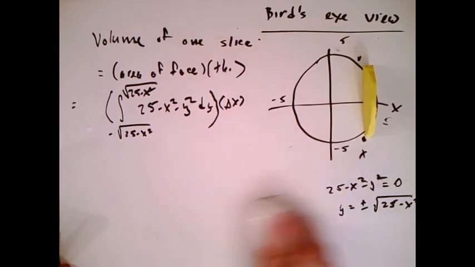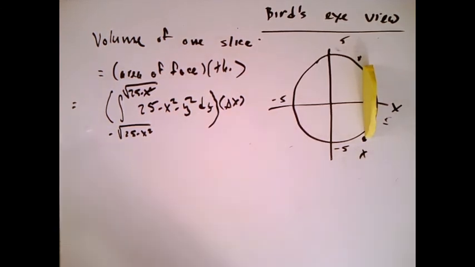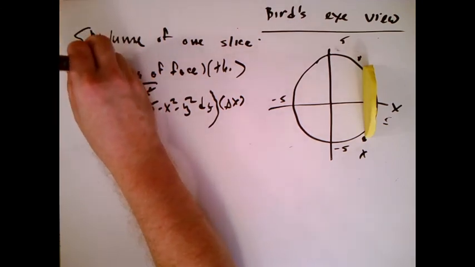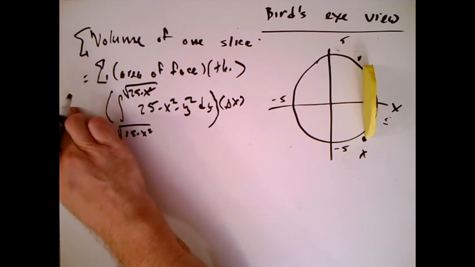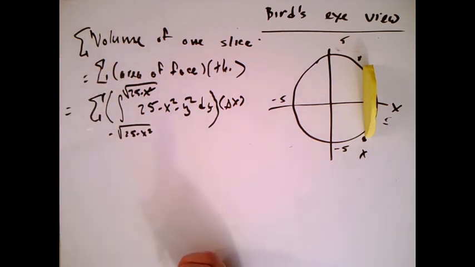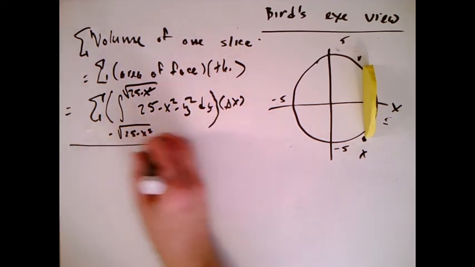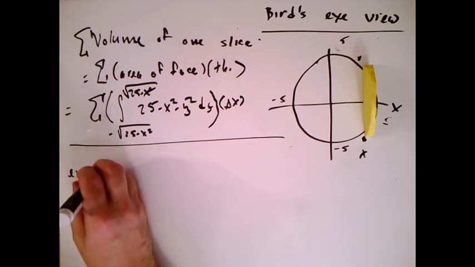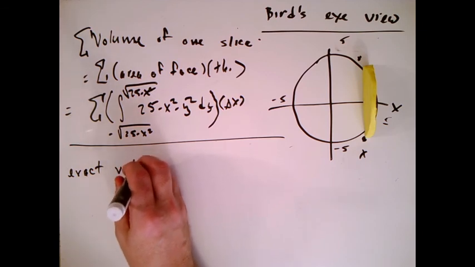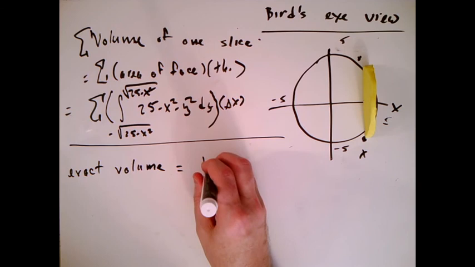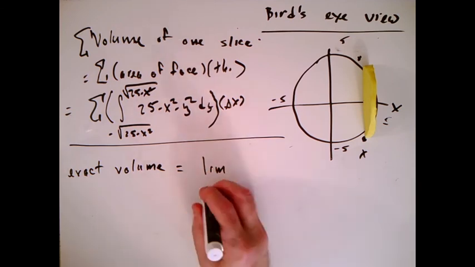We can do better than the volume of one slice. We can add them all up. So I'm going to add them all up, which will give us an estimate of the volume. I can make that estimate better by making delta x smaller. We can get the exact volume by taking the limit. And I'll just write that out right here. This should be the limit as delta x goes to 0